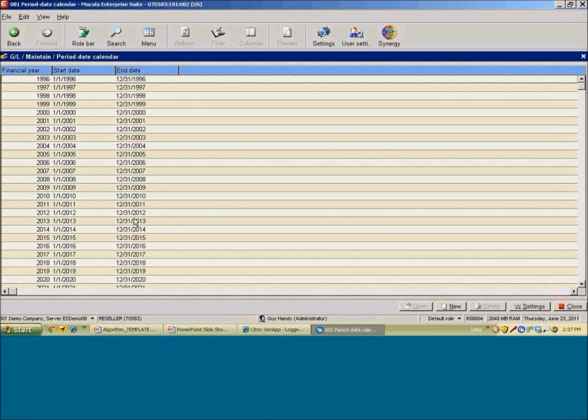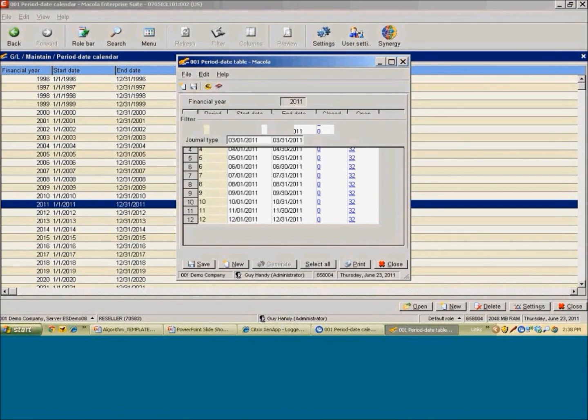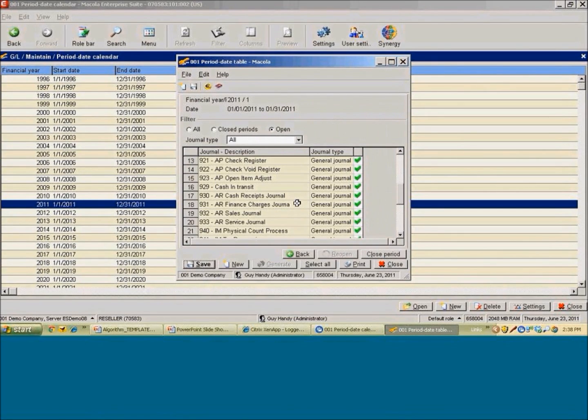This gives us the ability, in Progression you could lock down a module and stop people from doing certain things in certain modules. In Macola ES, it goes to another level that allows us to take a calendar year in this case, and then within the calendar year is a period calendar. And within the period calendar are open or closed functions. In Macola ES we call these journals. A journal is attributed to a function. So if you look down here a little ways, you see there is an AP check register function and an AP